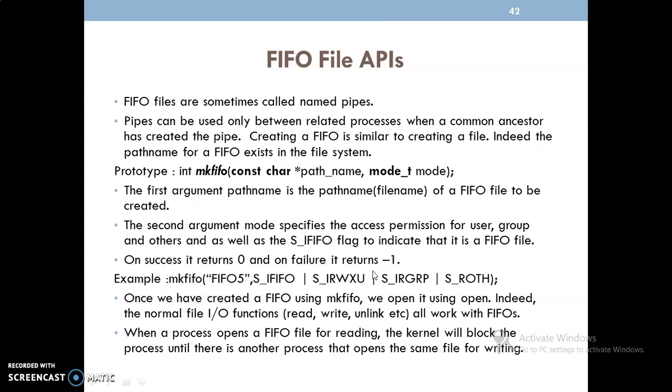The basic API we use for a FIFO file is mkfifo, with const char *pathname and mode_t mode. Here the path name indicates the complete path name of the file, and the second argument, mode, specifies access permission for user, group and others.